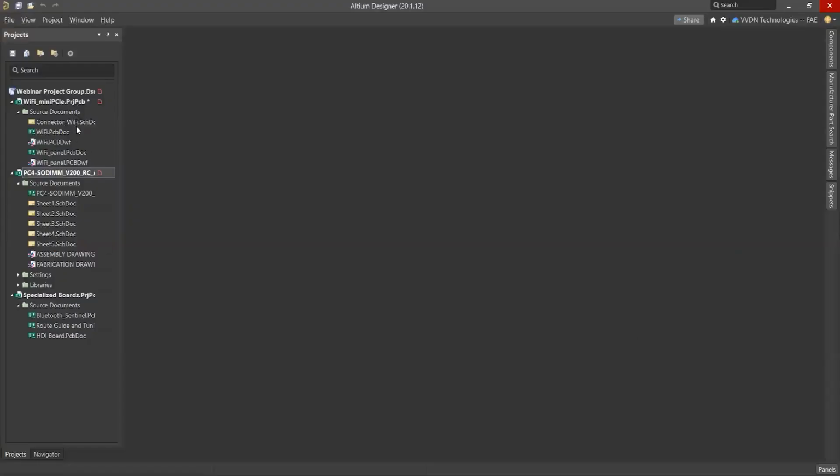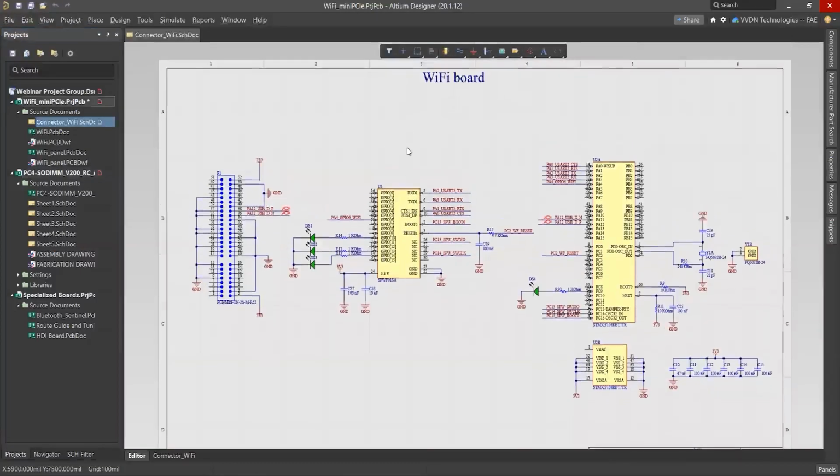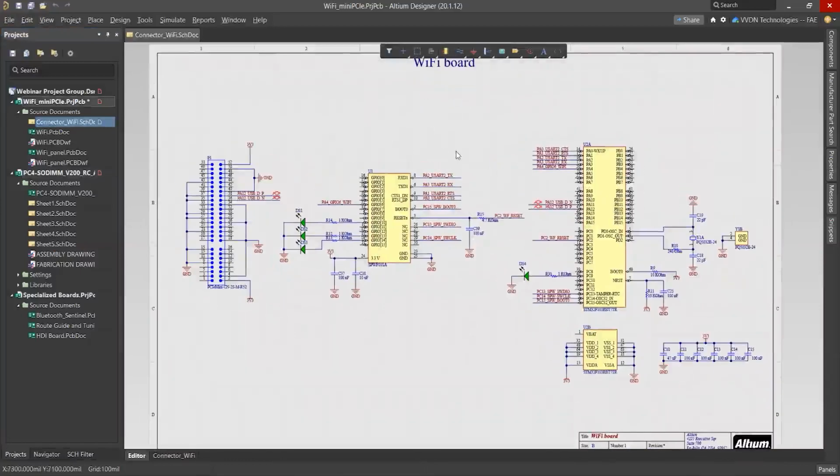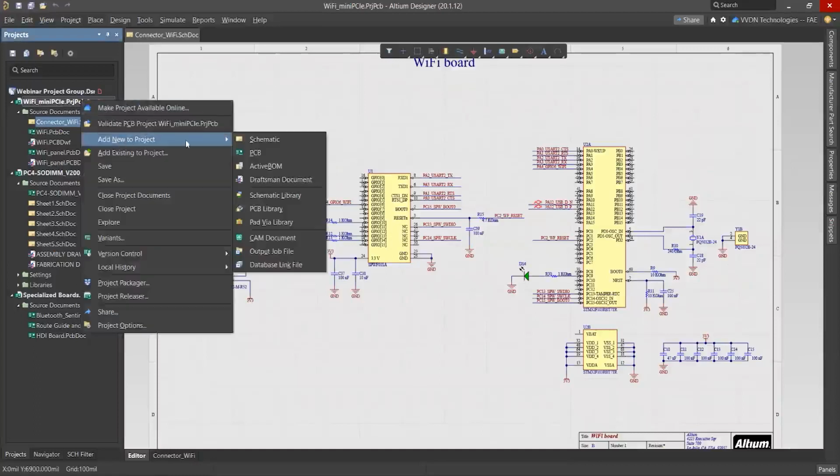Let me open one example file. This is our schematic sheet, and suppose we want to import these components into our layout design. Here you can see this is our project .PrjPcb, and under this project we can add new documents like schematic, PCB, active BOM, draftsman documentation, output jobs, everything within a project.